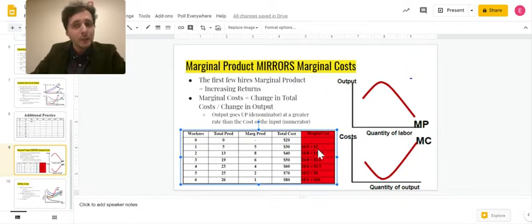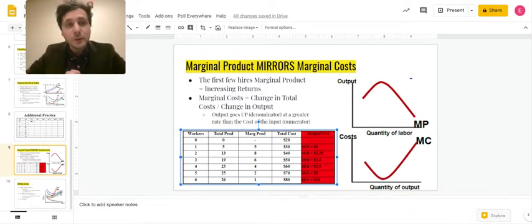Now it's starting to go back up, but not quite as high as it was before, and on it goes, right? So we have increasing returns from 1 to 2. We have decreasing returns from my third worker to my sixth worker. That's the idea. So when I plot these points out, it goes down and then goes back up because of